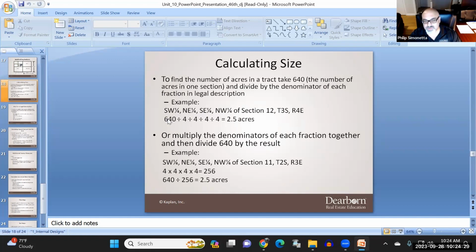So you always start with 640. And it's divided by 4, divided by 4, divided by 4, divided by 4. So you just do the math. Take your calculator, because you'll have a calculator on the screen. You can't use a physical calculator or paper. You have a notepad and a calculator on the screen when you're doing your test. So all you do is you take your calculator